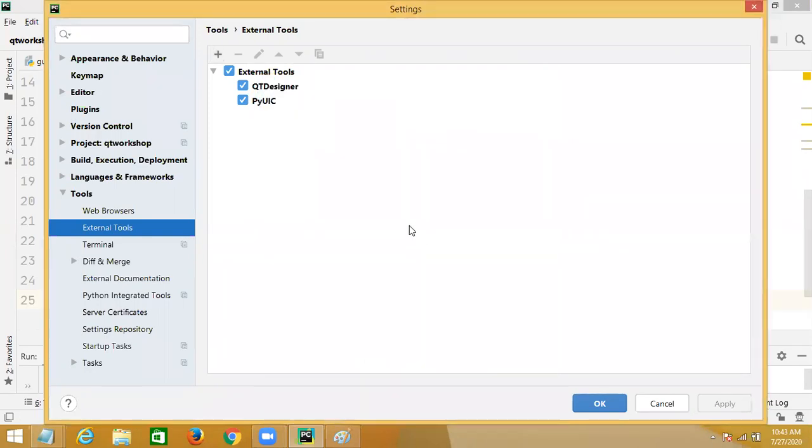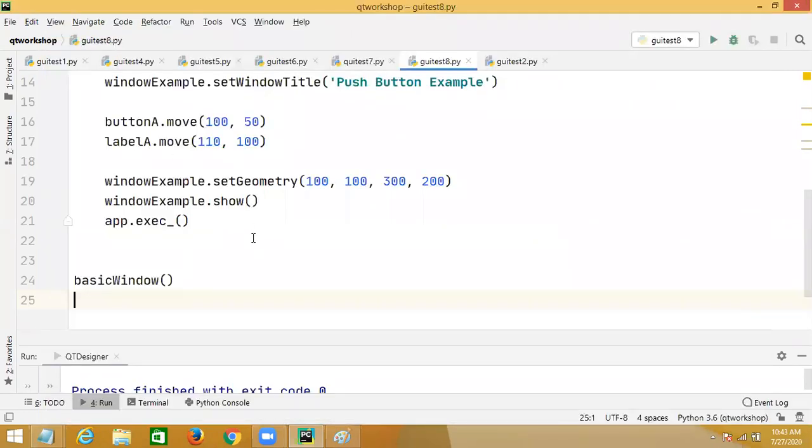We'll use PyQt5 tools only, because designing is easier. But if you want to make any changes, or to understand the coding, coding is also useful. Without coding, how can you write it? You cannot write it.